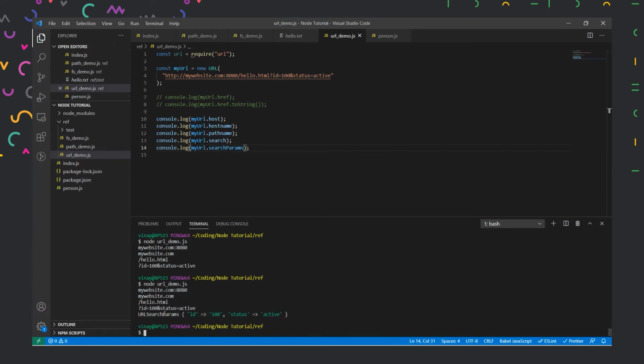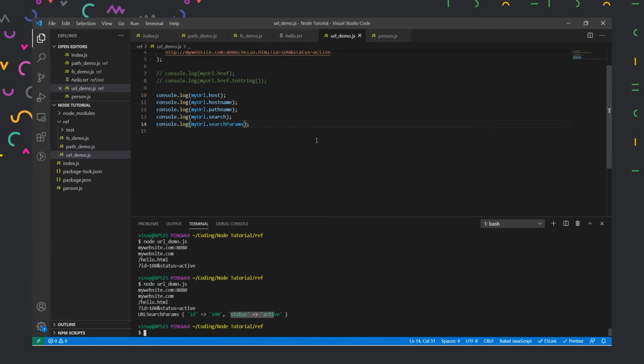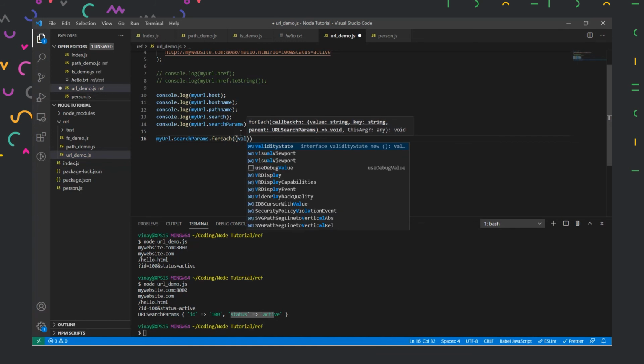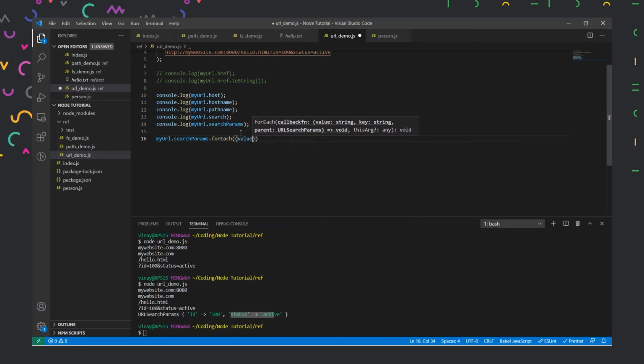Now we have an object called URLSearchParams, which will return each individual object to me, and then I can iterate through it. So to iterate through it, what we could do is simply copy this and define it, or let's say I use the forEach method on it. We will first pass a function inside it. Our function will take two arguments, the value and then the name. And inside this, let's define the function now.